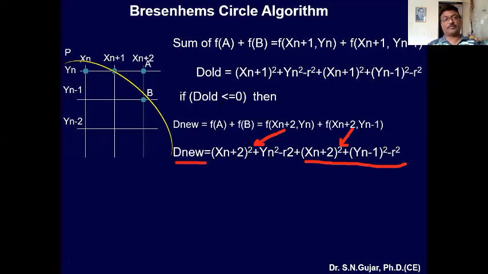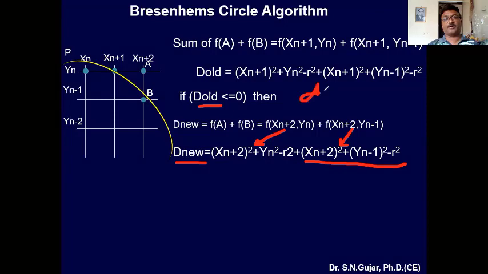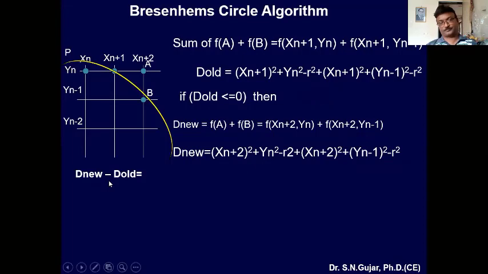This is my d old value. So d old value is nothing but your decision parameter, the decision parameter you have calculated previously. This is my dp, 3 minus 2r. Now proceed. What they have said, you have to again do what? You have to perform d new minus d old. Why? Because you have to calculate which distance is less.